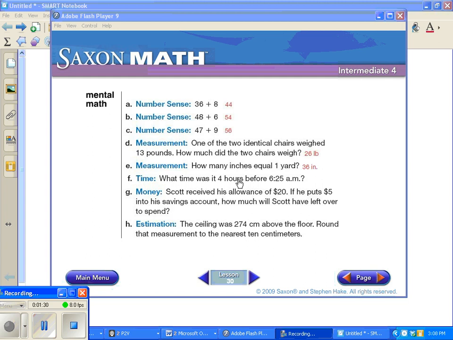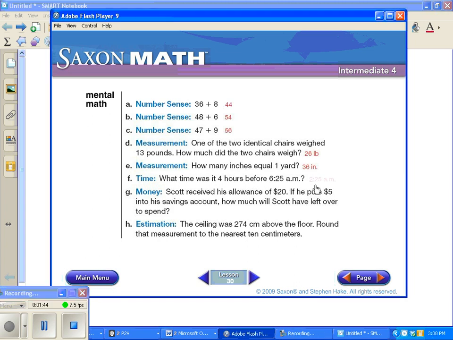What time was it 4 hours before 6:25 a.m.? Well, you can count backwards 4 hours, or you can look at your hour, and it's 6, and take 4 hours away from that. And so now we know the hour is 2, but the minutes stay the same, 2:25 a.m. Money. Scott received his allowance of $20. If he puts $5 into his savings account, how much will Scott have left over to spend? So 20 take away 5 equals